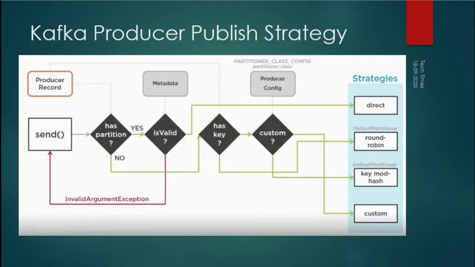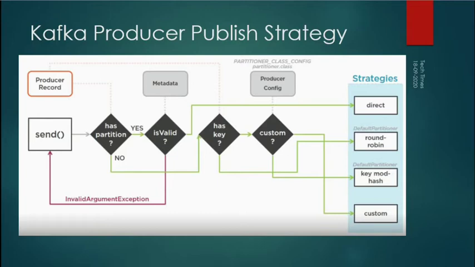Now let's understand the Kafka producer publishing strategy. Whenever we try to send any message to a Kafka cluster, we mention a topic name. So the topic name and the message are required parameters in the producer record. Then there are some optional parameters as well: we have partition, we have key, and we can mention the timestamp as well. So these are three optional parameters. Based on the optional parameters set, there is some decision making process the producer goes through to decide where this message will be published, to which partition.